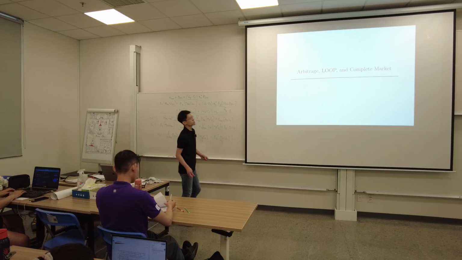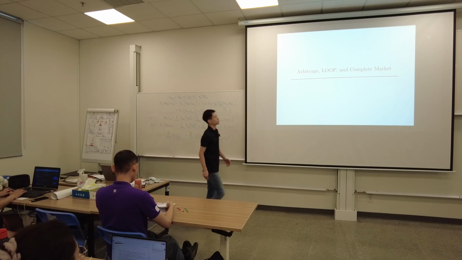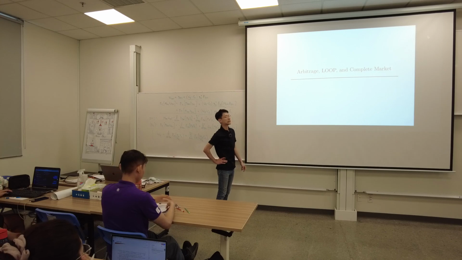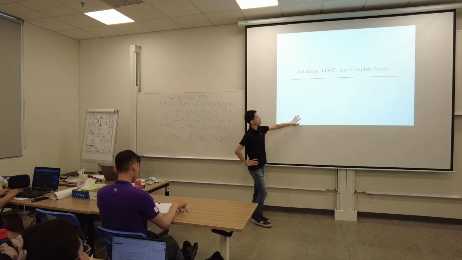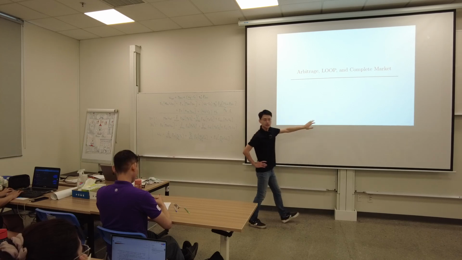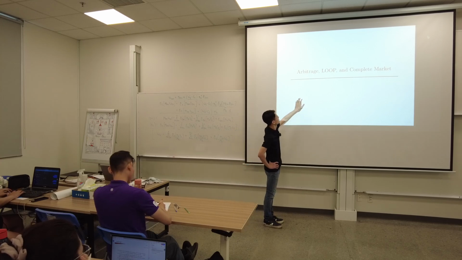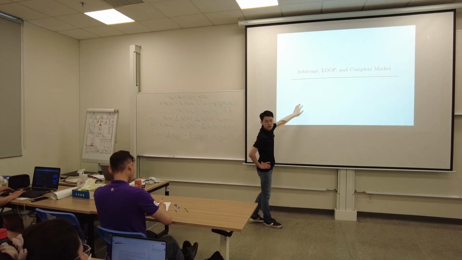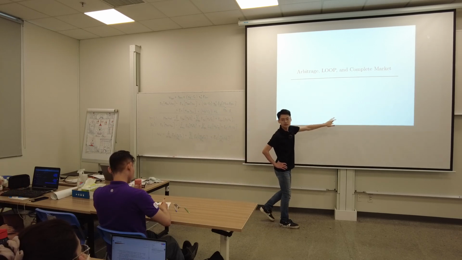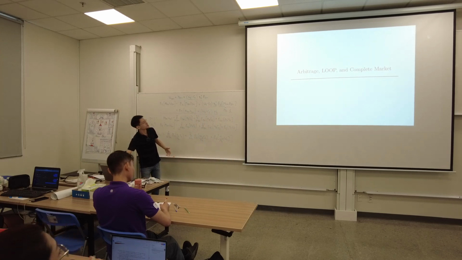we can now look at the relation between the market and the SDF. In the last chapter we talked about the relation between the SDF and arbitrage and the law of one price in a complete market. If the law of one price holds, then there exists an SDF, and the other way around is true. The no-arbitrage condition means the existence of a positive SDF. A complete market means the SDF is unique. And here we have something similar.